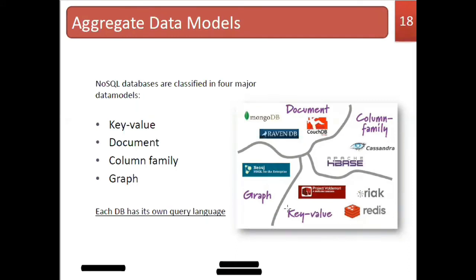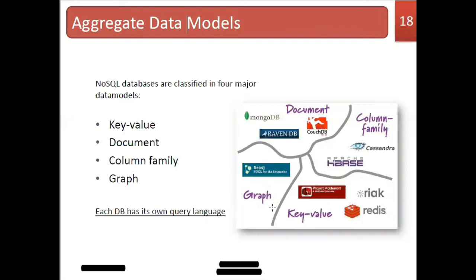The last one is the graph data model, which uses the data in the form of a graph. Neo4j is the one we already spoke about when we studied graph analytics. Neo4j is the NoSQL database which uses the graph model.